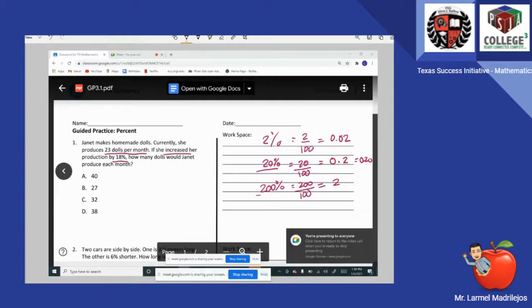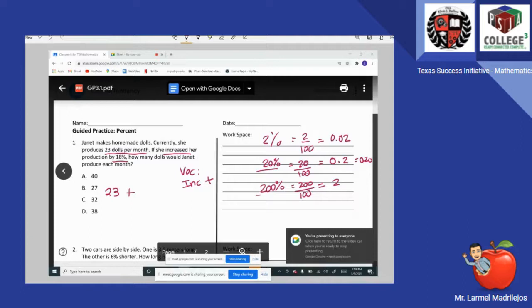Vocabulary: let's convert the word increase. That means we're going to add. So let's write the equation here. That's 23 dolls, and she increases, so I'm going to add 18%